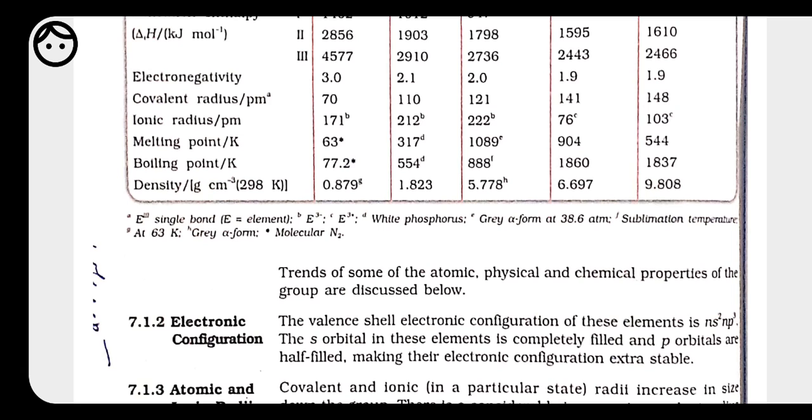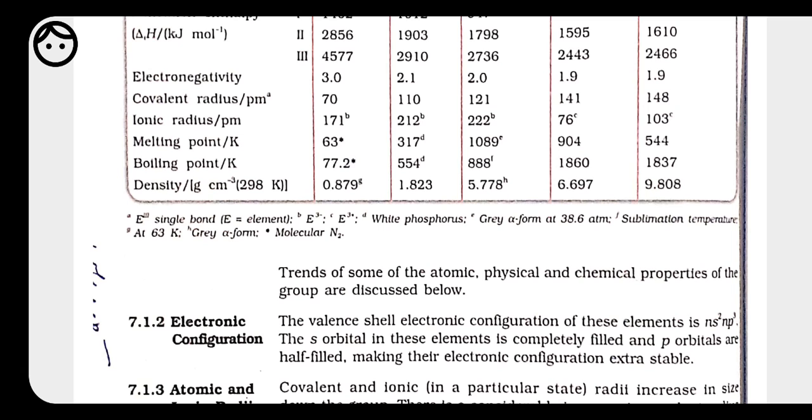Next property of p block elements. Students, please listen carefully, here we are talking about the properties of all the elements present in the p block, not only the 15th group elements. So ionization enthalpy: the ionization enthalpy of p block elements increases from left to right in a period and decreases on descending a group. First you have to know what ionization enthalpy is. It is the amount of energy which is needed to remove an electron.